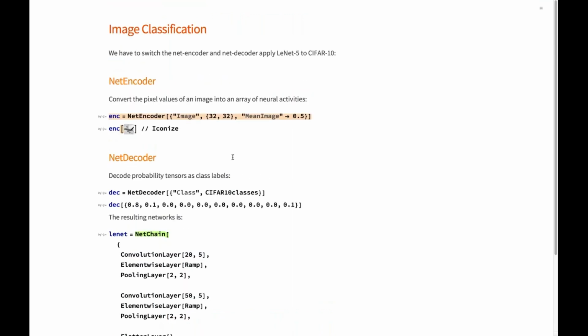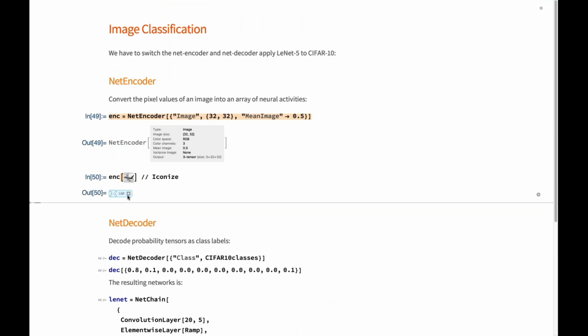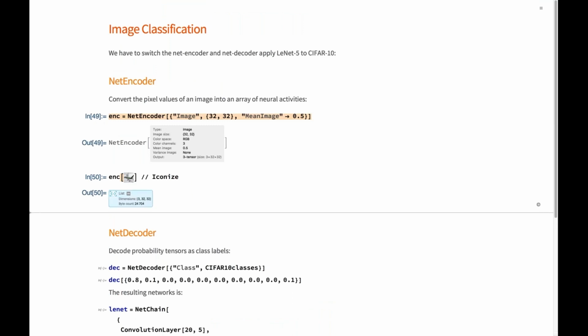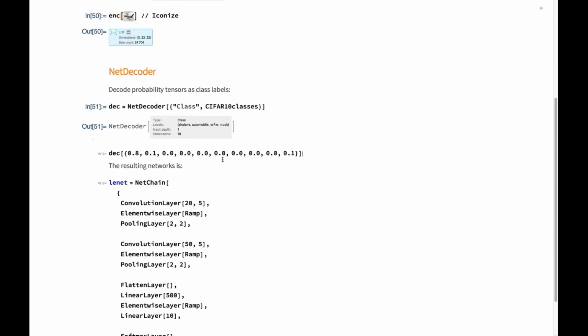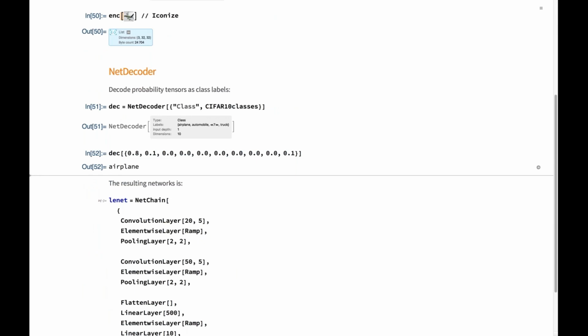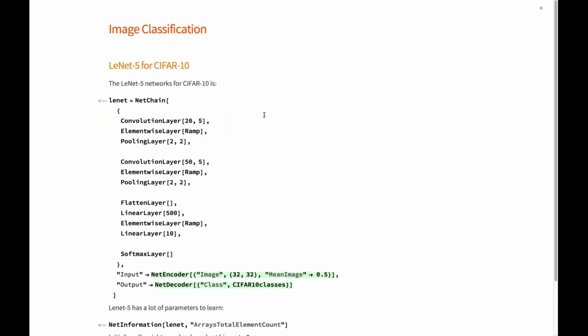So up here, you can see what's going on. The encoder that I define here as encode takes an image like here, a little plane, and converts that into a large array of 3 times 32 times 32 values, so a total of 3,072 values. And the decoder does the opposite. It takes an array, in this case, just a vector of 10 digits, and converts that into a label. So here the first instance basically is a category of airplane, so I get the label airplane. And so that's already what I need to do straightforwardly in order to convert this to a net that can handle CIFAR data.